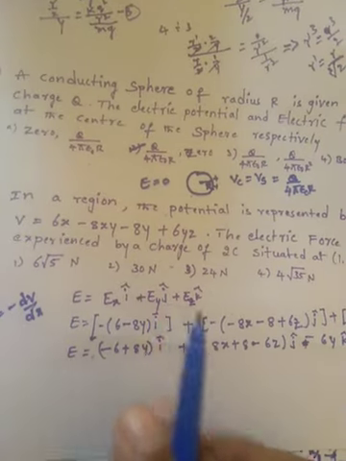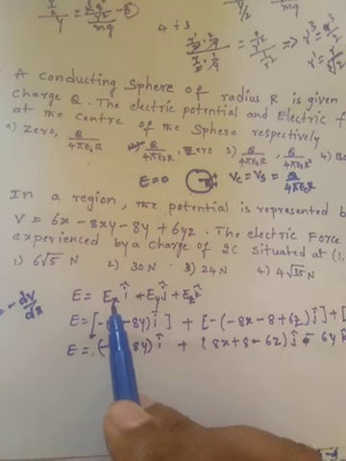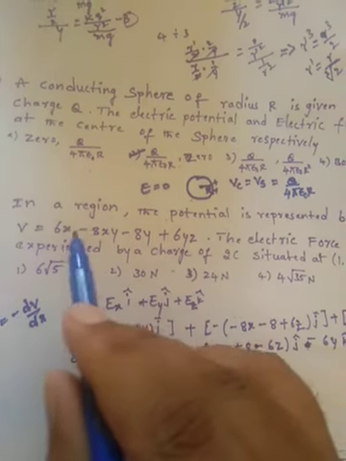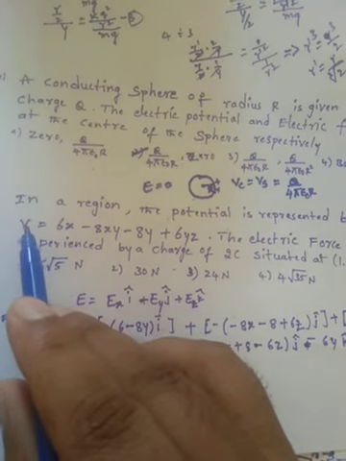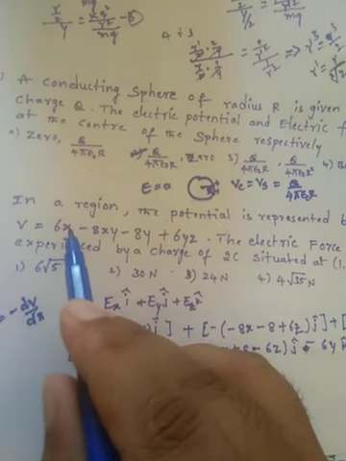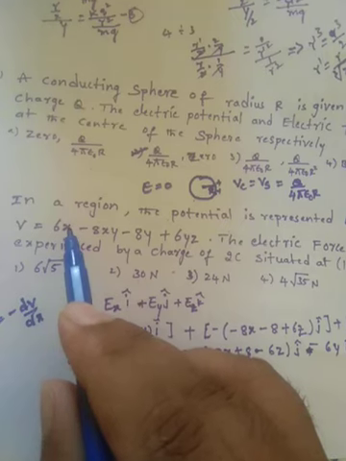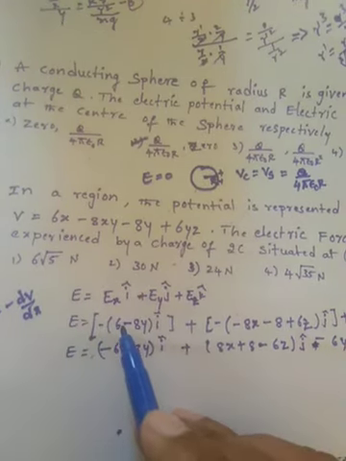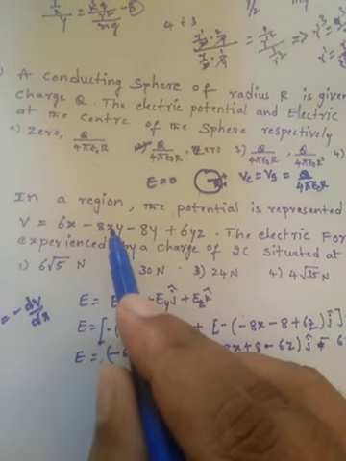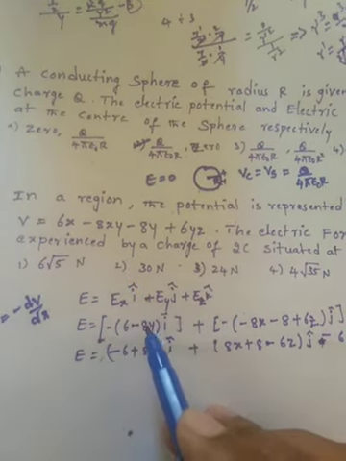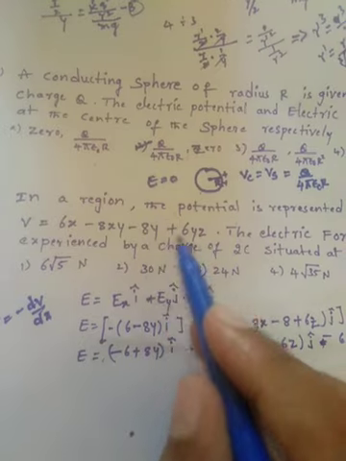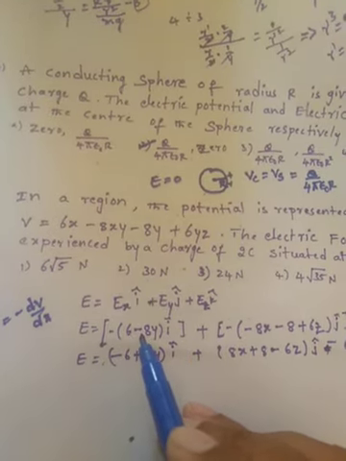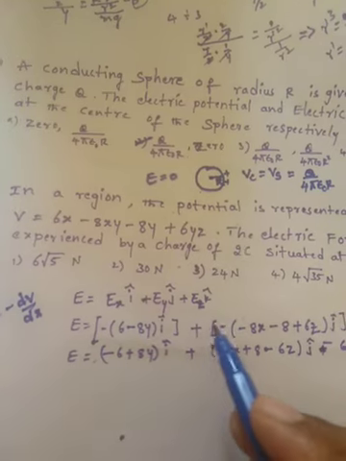So let's differentiate this. In order to get Ex, that is minus of dV by dx. When you differentiate, the differentiation of x with respect to x will be 1. Therefore 6 only, minus differentiation of x is 1 and the remaining 8y, and there is no x factor in the remaining term, so 6 minus 8y i cap plus